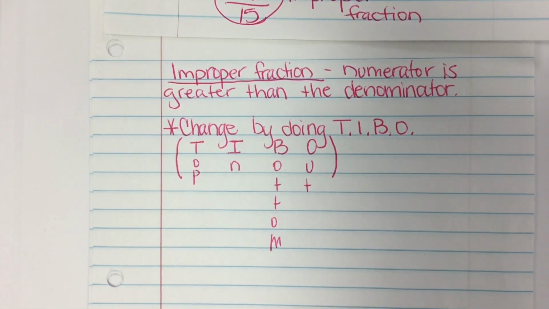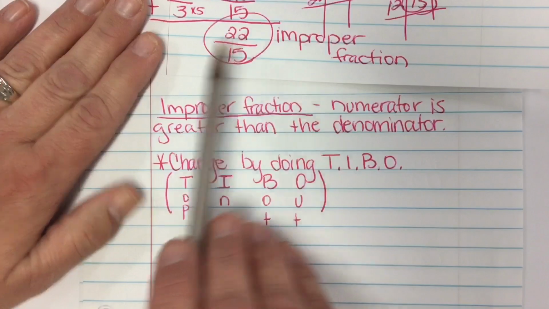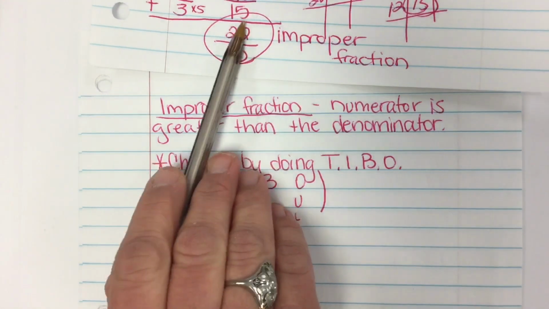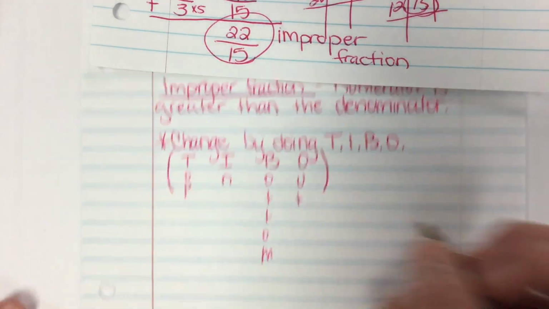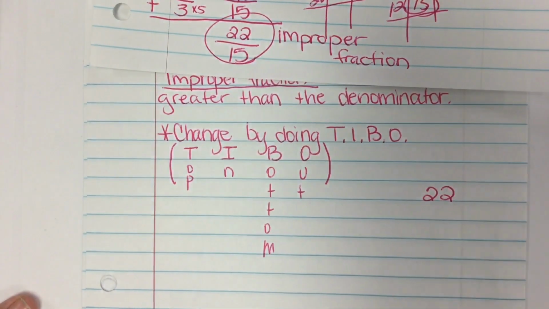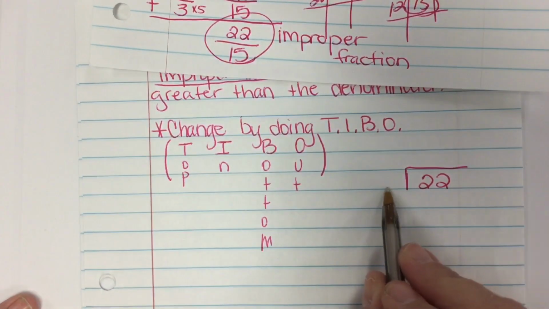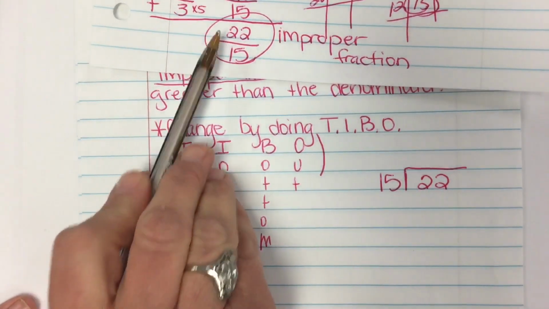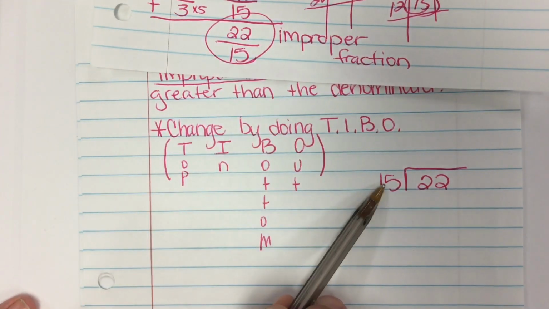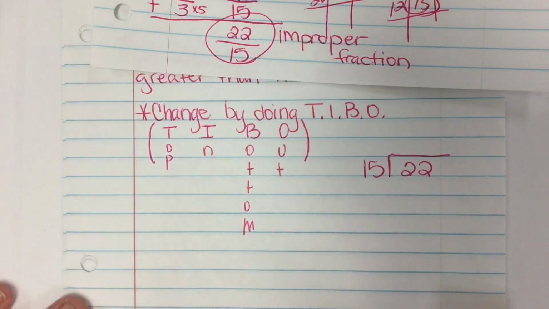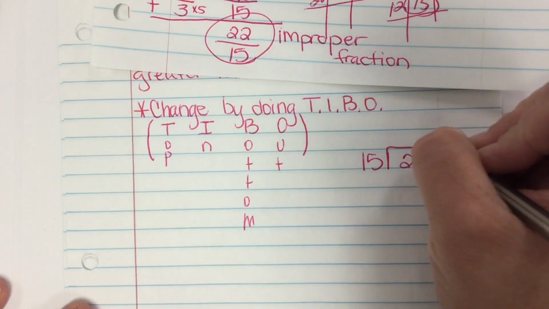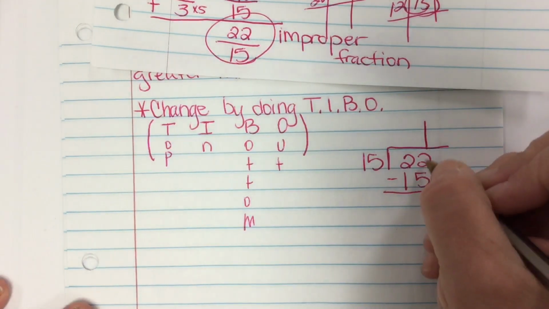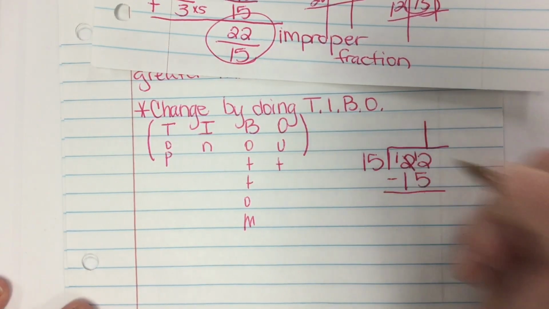TIBO means top in, bottom out. Remember when I said that fraction bar means divide? So that means we're going to do 22 divided by 15. The top on the inside, bottom on the outside. 22 is on the inside, and we're going to divide it by 15, which is on the outside. Top in, bottom out. Well, 15 times 1 is 15. 15 times 2 is 30. So it's only going to go in there one time. 2 minus 5 would give me a negative, so I have to borrow. 12 minus 5